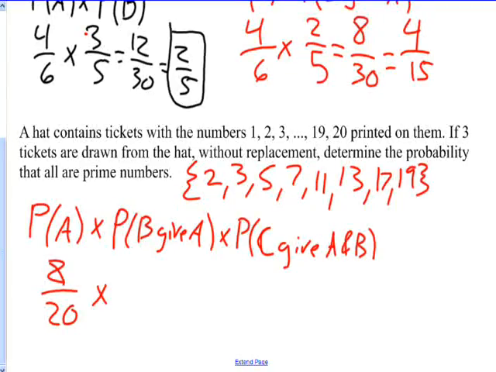Multiplied by, well, I took away a prime, but I also took away a card. So I have only 7 primes left and 19 cards. And now I've taken away another one. So I have 6 over 18. Okay? So now I just multiply across. And I end up with